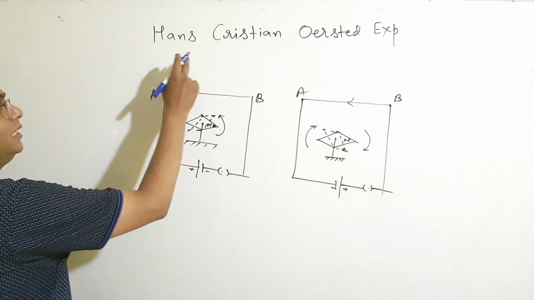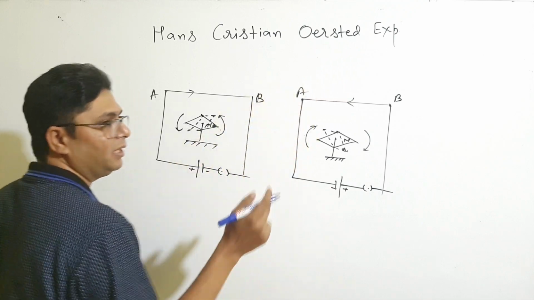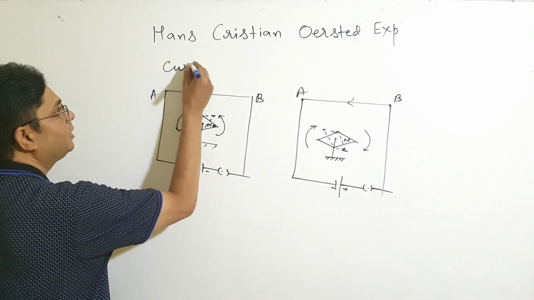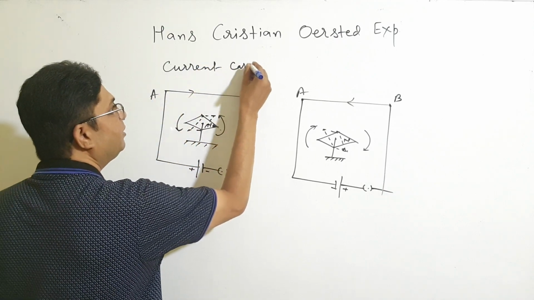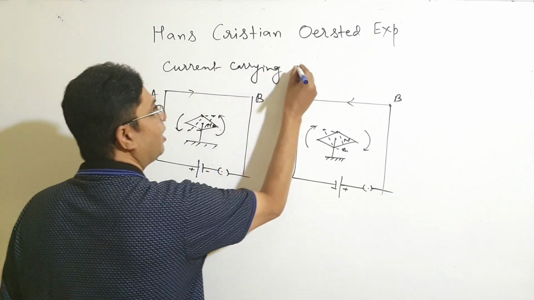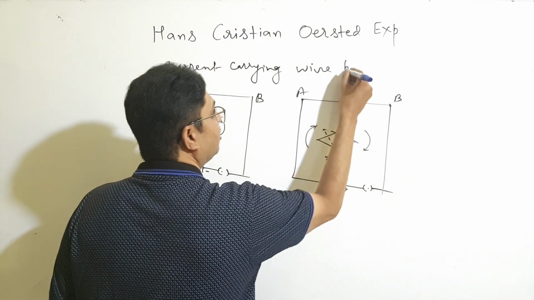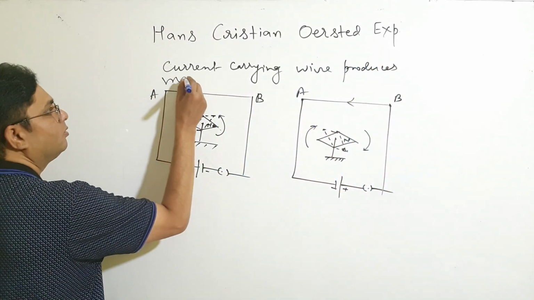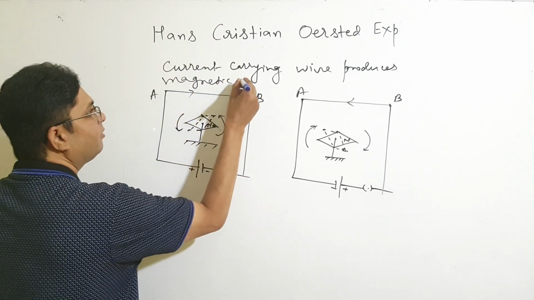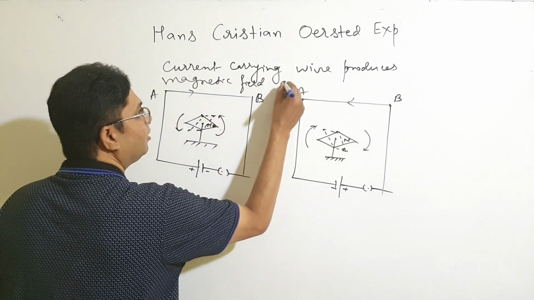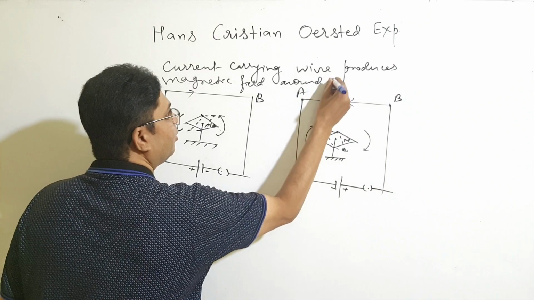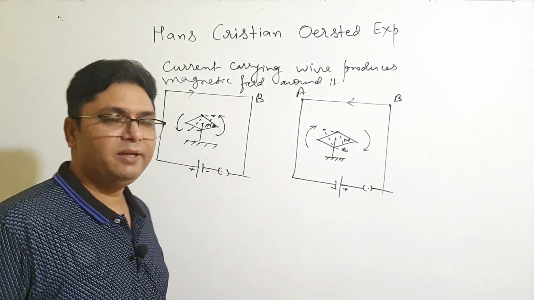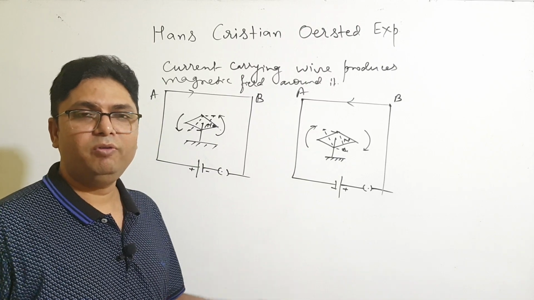So Hans Christian Oersted's experiment says that a current carrying wire produces a magnetic field around it. Now the question is, if it produces a magnetic field around it, then how will you find the direction